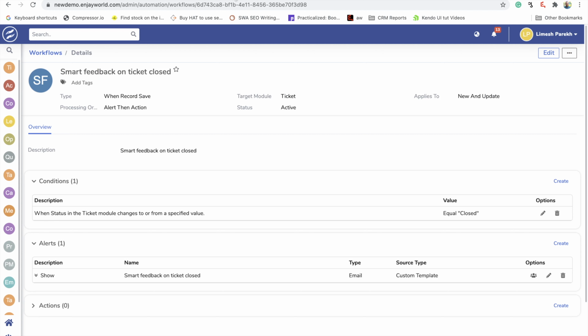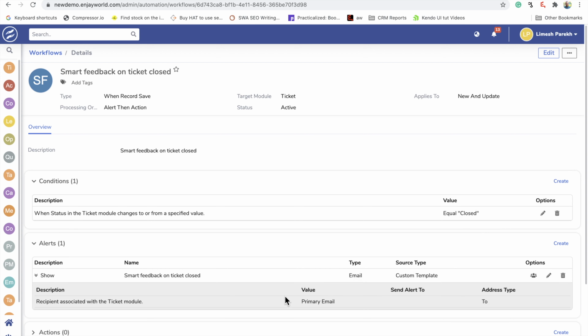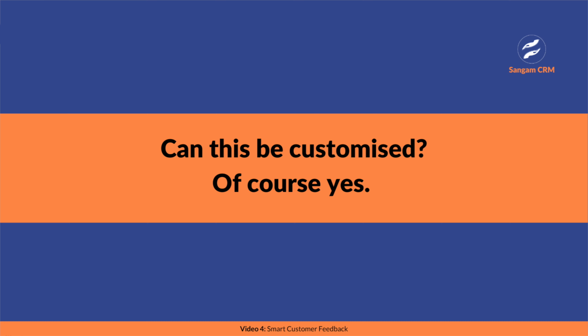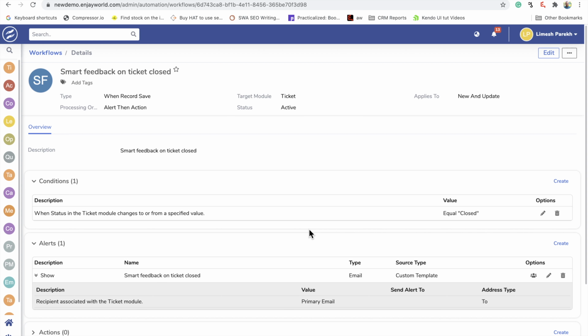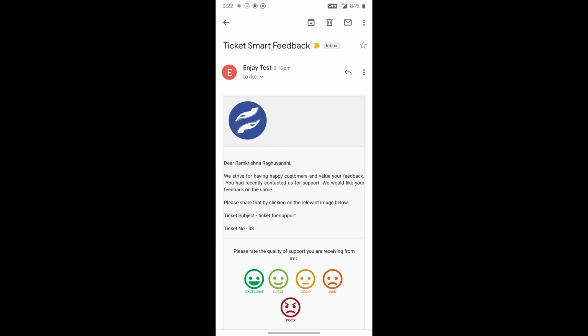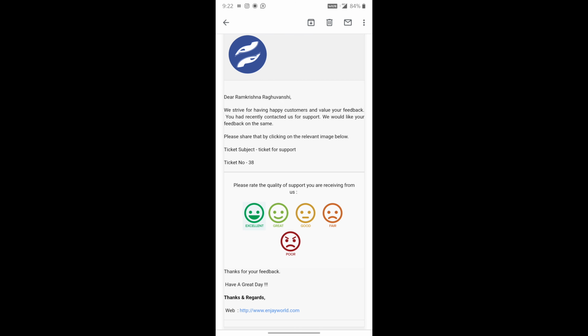There is one more thing that happened, and that was the workflow which got fired when the ticket got closed, and then based on the template which I previously showed you, this was done. Now there is one question: whether this entire flow can be customized or not, whether we can send feedback to the customer before closing the ticket. Yes, it is 100% possible. Everything that I showed you can be customized, and by the way, this works equally well on mobile also.